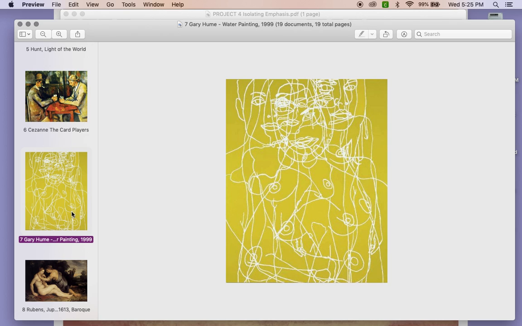So what might be the point of not having any sort of focal point? What might the artist be trying to emphasize or communicate by not having any sort of emphasis, right? Because so far we've talked about how the focal point is the most important part because that's where you're bringing your viewer's eye. Some reasons that an artist might choose to not create a focal point is to give